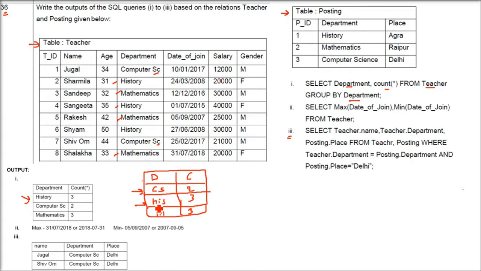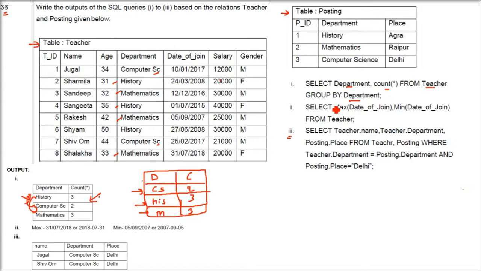So you have to take C first, computer science. Then E, F, G, H. H will come. Then H, I, J, K, L, M, N. M will come later. So first computer science, then history, then math. This is not very correct, because it has to come in an alphabetical manner, because the group by is on the basis of department only.